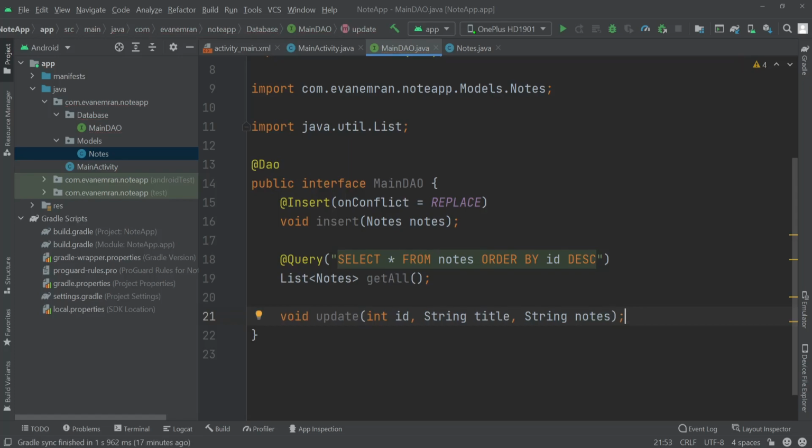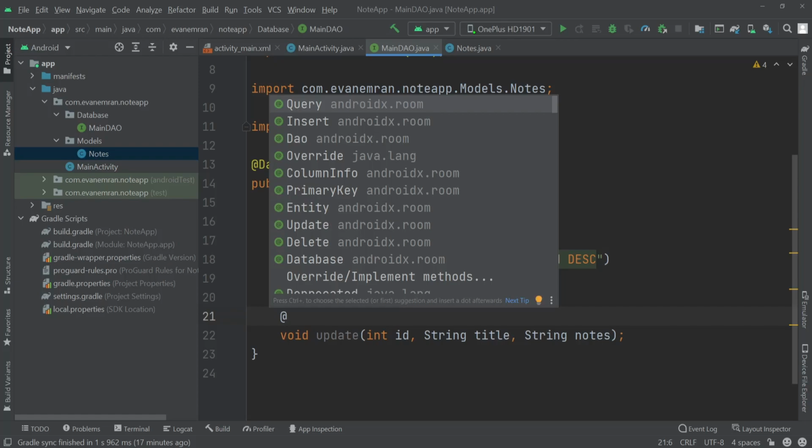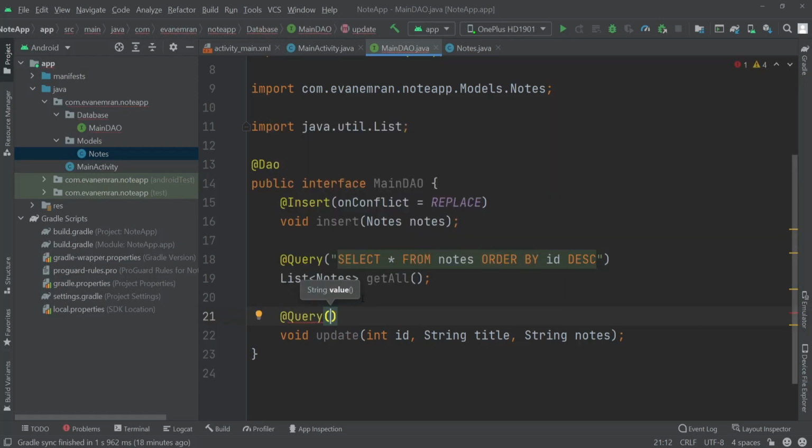Okay, and also that will be a query. So here I'll write annotation query. So here inside the parameter of this query we have to write the query. So I'll quickly do that. Here I'll add a quotation, and inside here I'll write the query as update, and after that we have to pass the table name. So the table name was notes, so I'll write notes, and inside the table we'll set some values. Like at first we'll set the